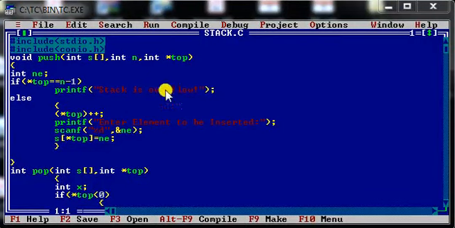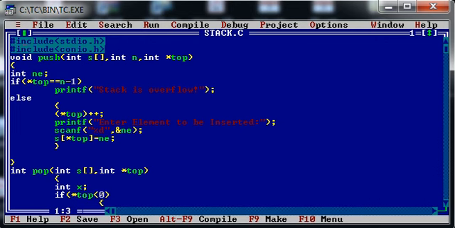As you all know, a stack is a linear data structure in which insertion and deletion take place at one end, and that one end is known as the top of the stack. While implementing the stack operations using C, we need to take care of the top pointer, because that is the only pointer through which we can perform push and pop operations.